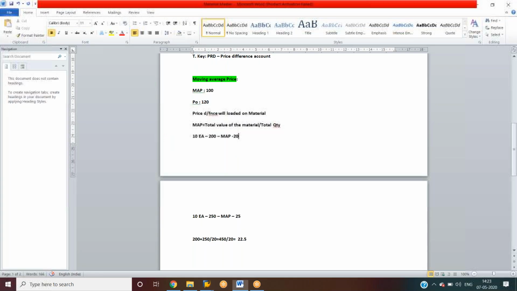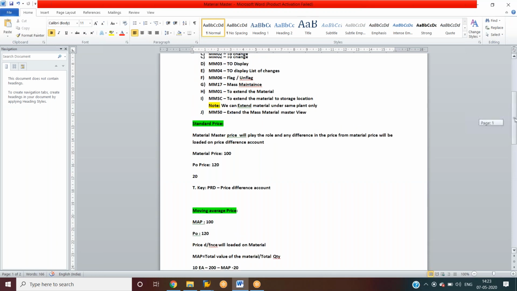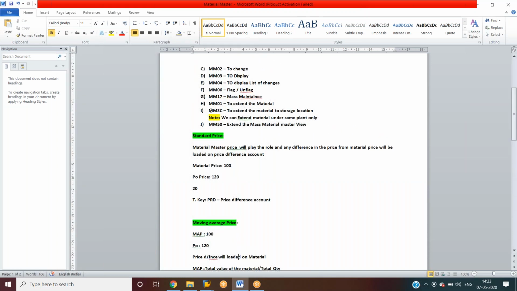we have one more T code called MMSC. I'll just show you here. So we have one more transaction code, MMSC. It is used to extend the material to different storage locations, sorry, two different storage locations under the same plant.